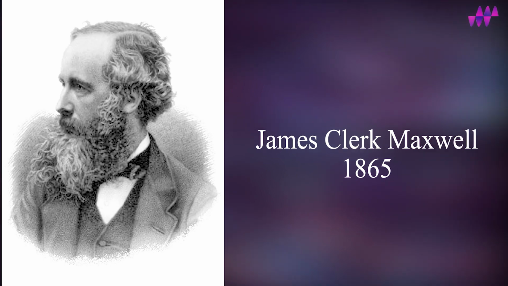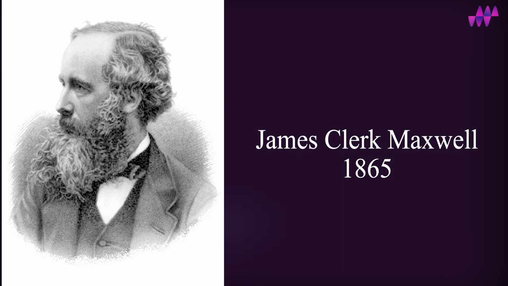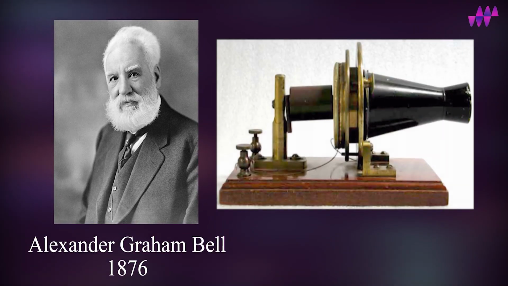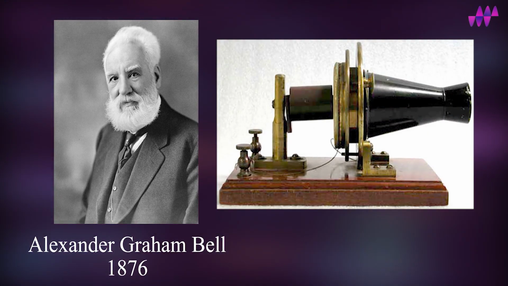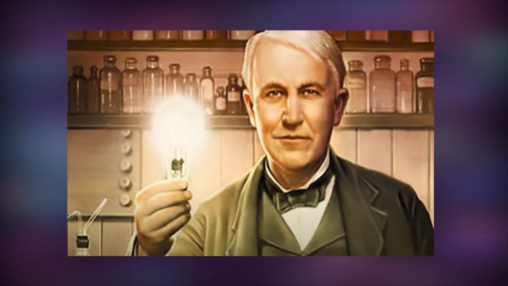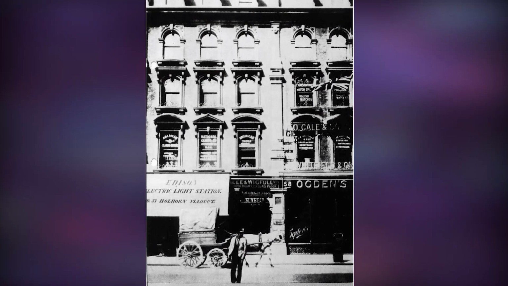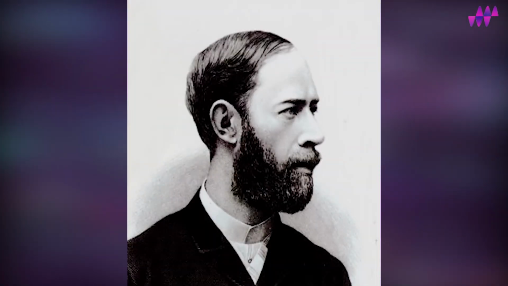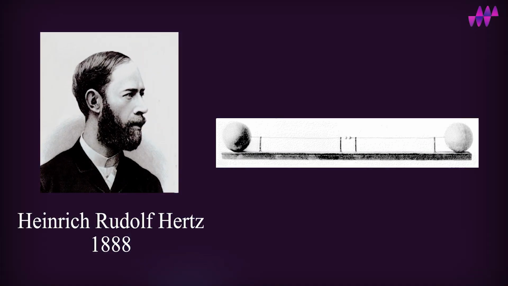James Clerk Maxwell, a Scottish mathematician, published his electromagnetic field equations in 1865. Alexander Graham Bell, a Scottish inventor, developed the telephone in 1876. In 1879, Thomas Alva Edison, an American inventor, created a sustainable electric lamp, and in 1882 built the first DC power station. In 1888, the German physicist Heinrich Rudolf Hertz empirically confirmed Maxwell's mathematical calculations, proving the presence of electromagnetic